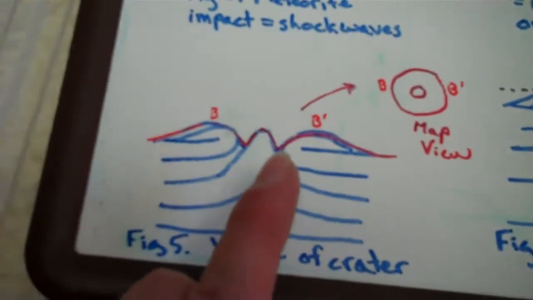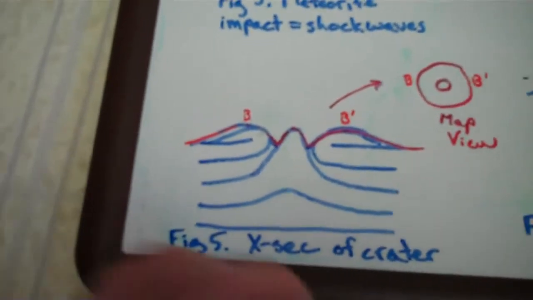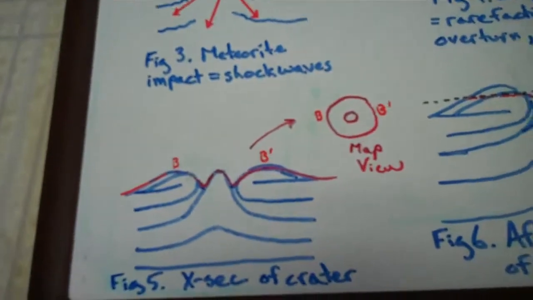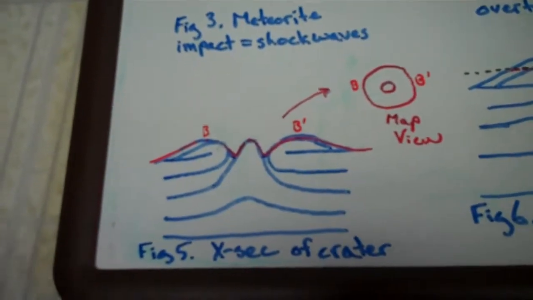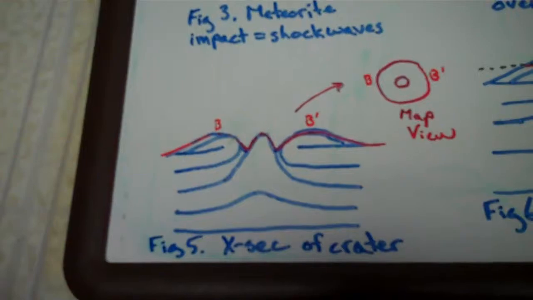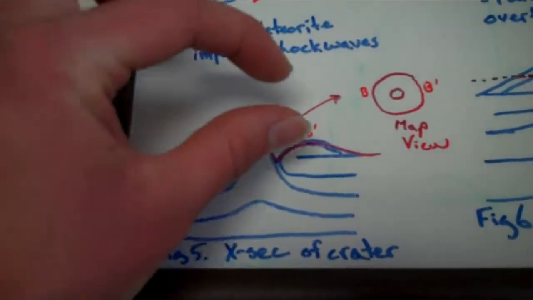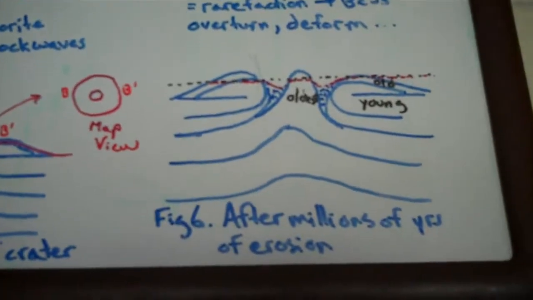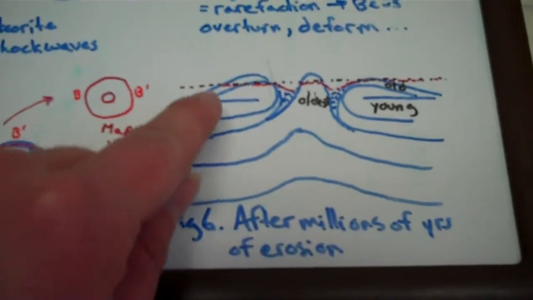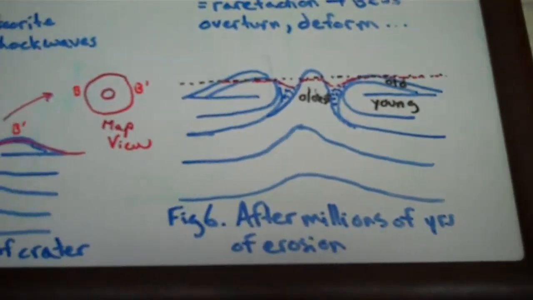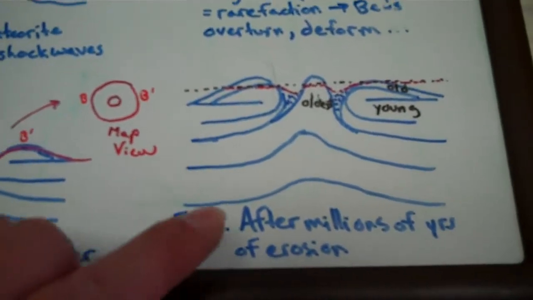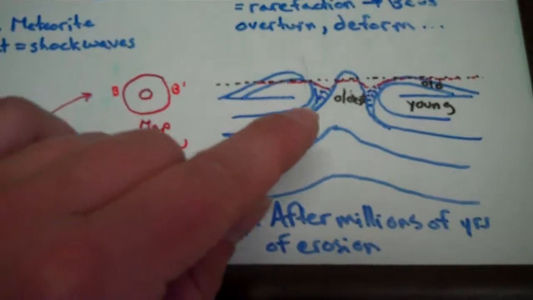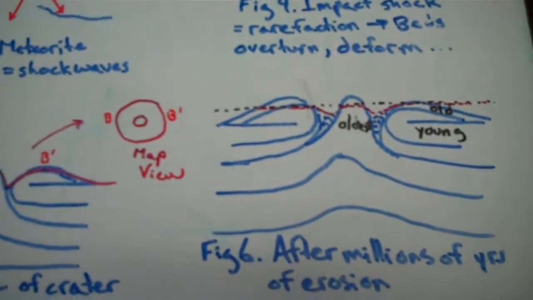Then this happened 450 million years ago. A lot of stuff is going to go over the top of it. Glaciers are going to come in about 150,000 years ago, and they're going to scrape the top of this off, and plane it off. So here I drew figure 6, which is just erosion planing off the top. So we actually don't have the topmost layer anymore, but we do still have this slump material that